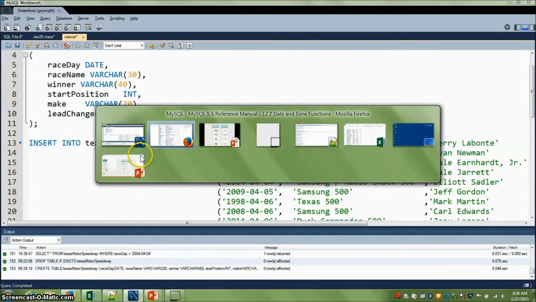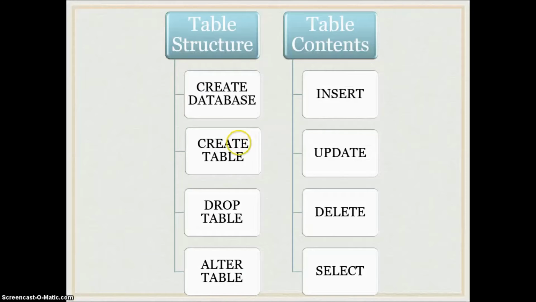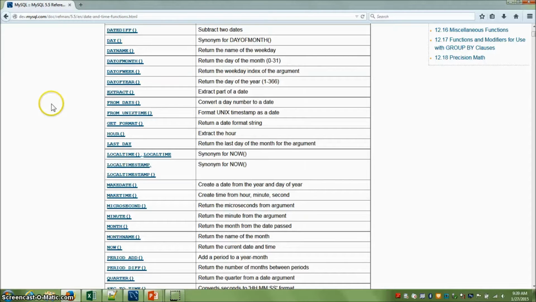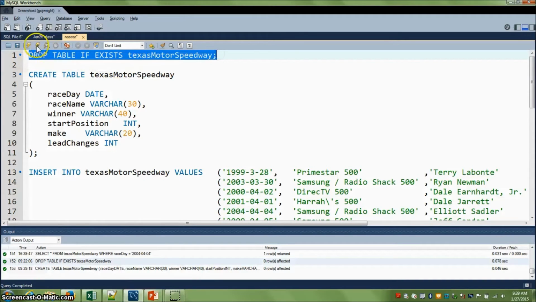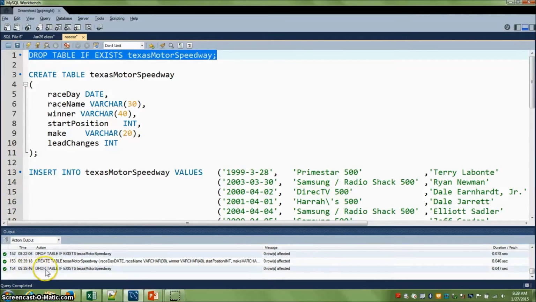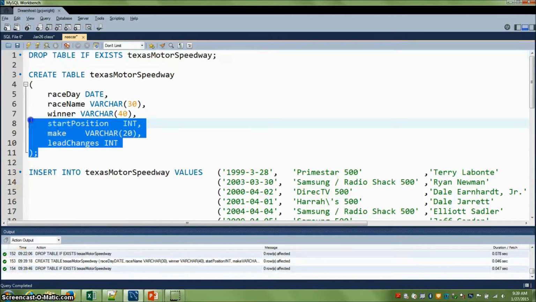And then the next command that we have here, so that was create table. We can drop a table. So if for some reason I wanted to get rid of this table, the command syntax is going to be drop table and then the table name. I've added in if exists, just in case the table doesn't exist, this won't error out. So if I want to run that, I can run it, and again, make sure that the table is removed. You can see the green checkbox. So let's put the table in,